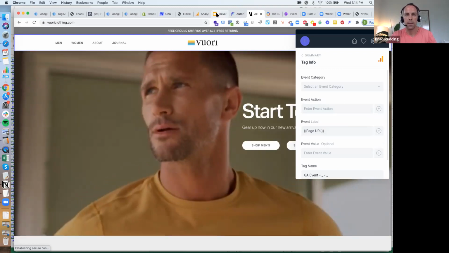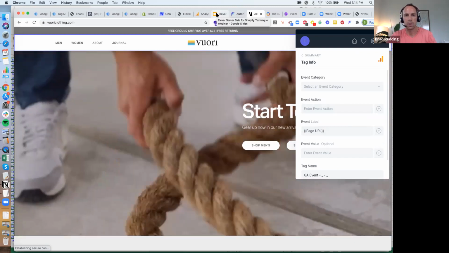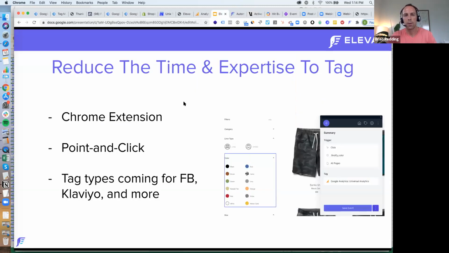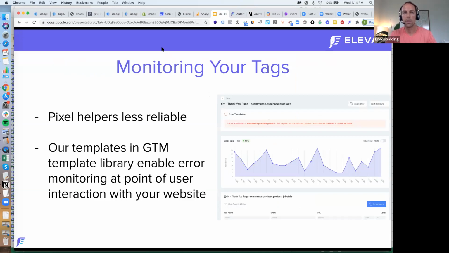So that can speed up the process to get some additional custom tagging in. And then the other thing that is probably going to be evolving pretty quickly is if you were running all of your data from your web container running through the server-side container, and everything is executing just like I showed with a Facebook request, and